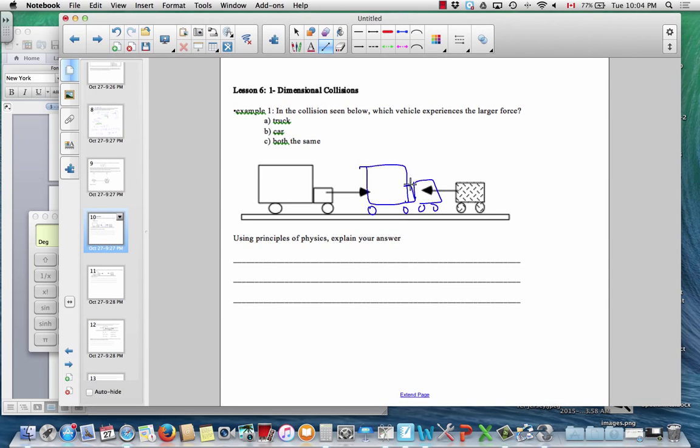Now, you guys have worked on this in the lab, and you should have seen, using force probes, that the forces are actually an action-reaction equal and opposite pair. So it turns out that both of the forces are the same. Now that follows, I suppose, from Newton's third law of action-reaction, but in terms of why they're the same, we